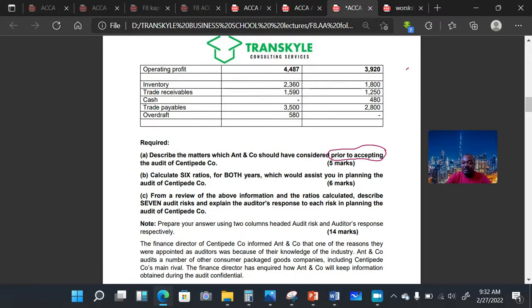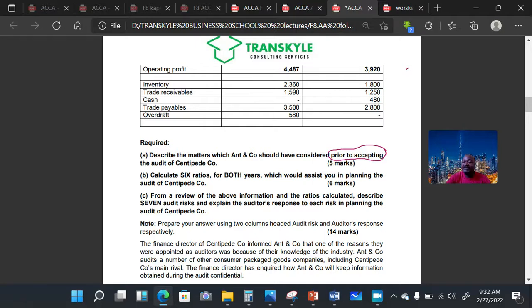If you didn't read the approved content from those guys which I've indicated to you, like the BPP and the Kaplan and so forth, you're not going to have what is required to answer this particular question. But one thing I want to tell you is that, remember, when the examiner says that you are an audit senior or audit manager,